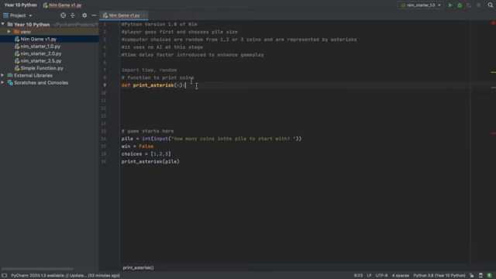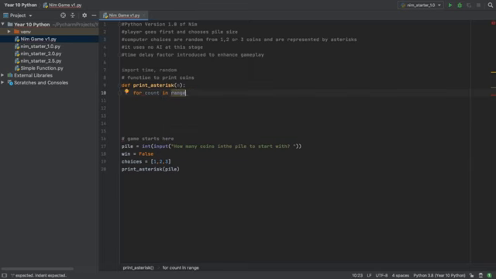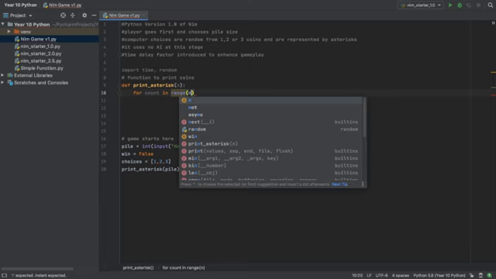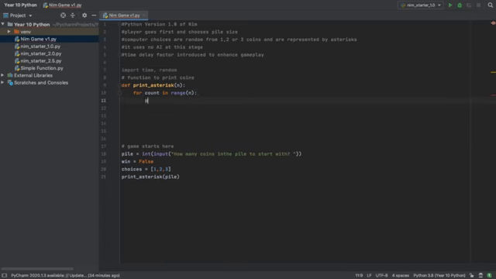So how do we turn this number into asterisks? Well, we put in a for, for count in range of n. So for each one, going from 1 to whatever it is, I want you to go print. What are we going to print? We're going to print, it's a string, so we put in speech marks and we put in an asterisk, and